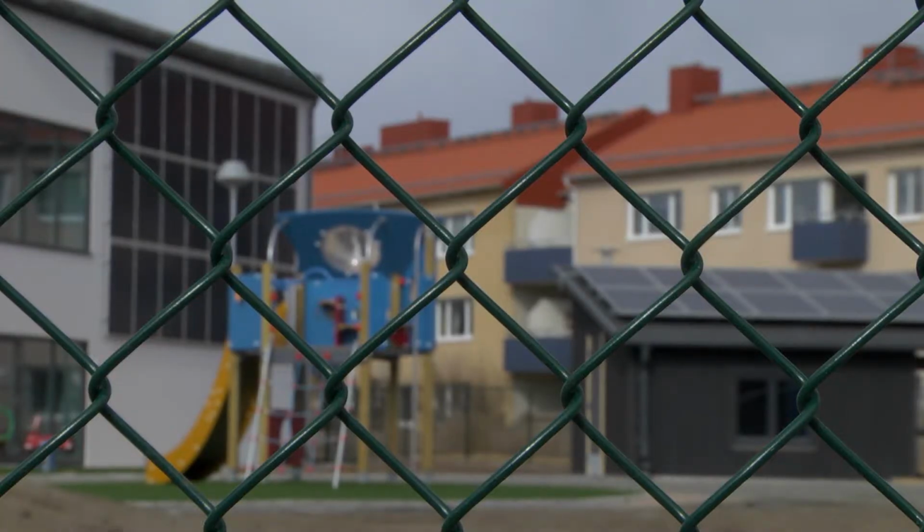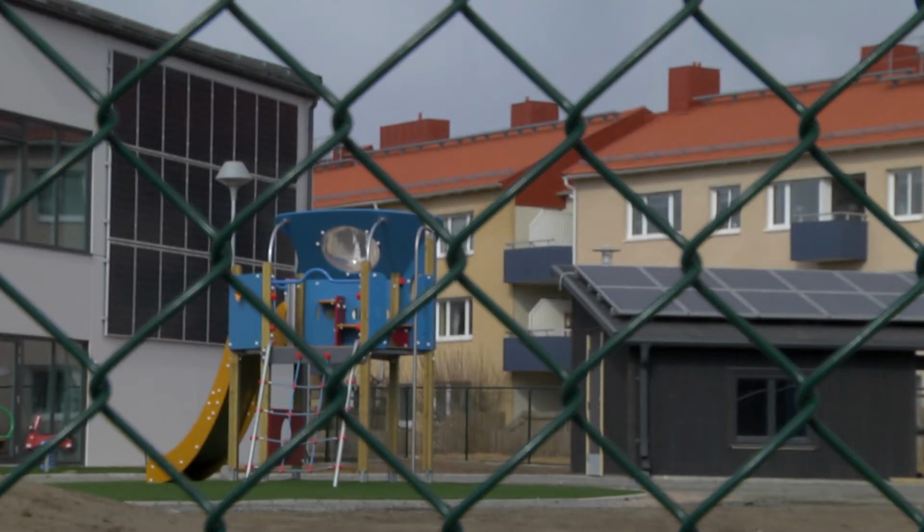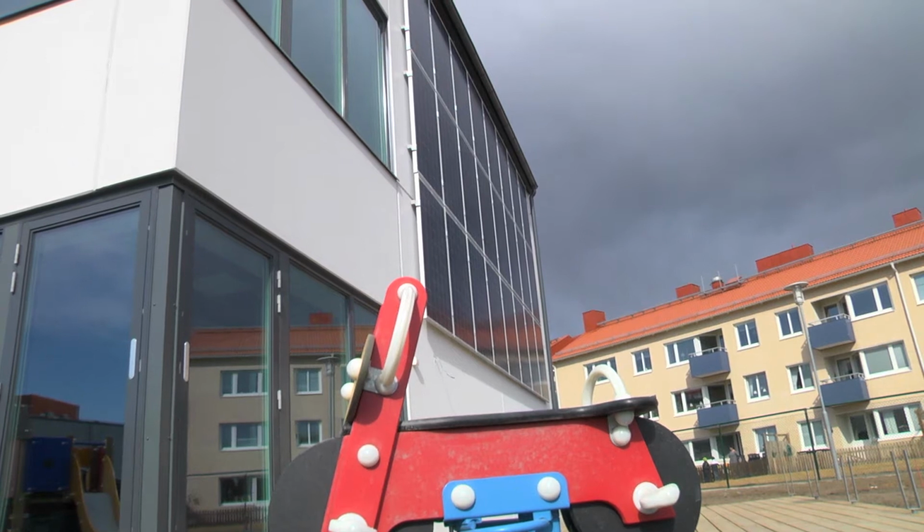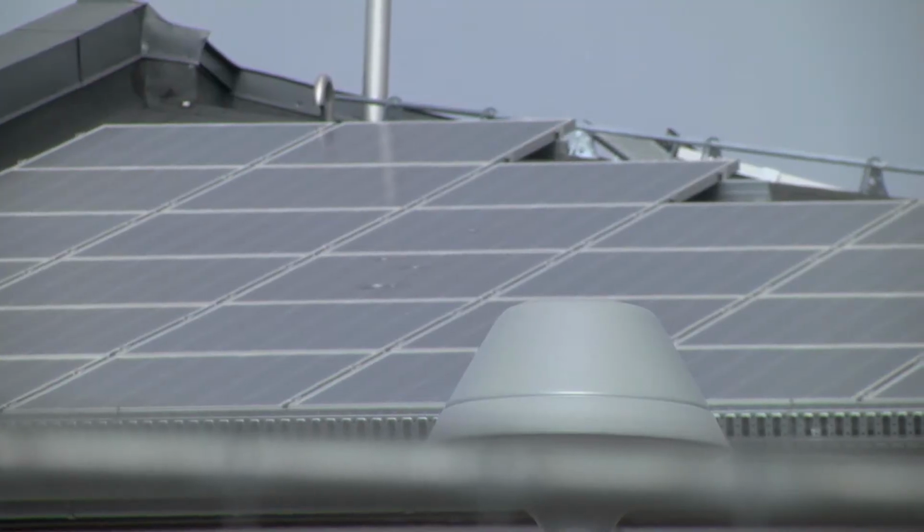When we have this energy efficient building in place, we add energy production to the building, and here we have chosen to put solar cells on the roofs. And we have calculated that the payback time for the solar cells is 20 years. That means that after 20 years we have energy production that is free. If we walk around from here...